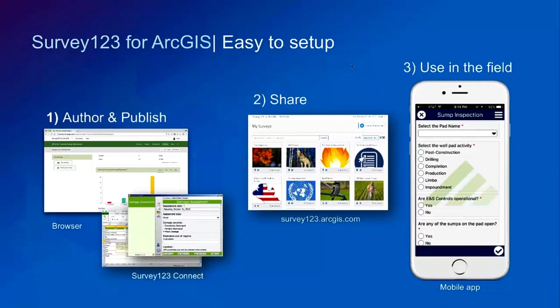And using either of those approaches, you can build the survey form, you can share it, and there's a Survey 123 website that lets you visualize all of the forms and also the analytics about the data that's captured behind those forms. And then you can use the Survey 123 mobile application as a native application that can work offline, or the browser version of it if you've authored from within the website.